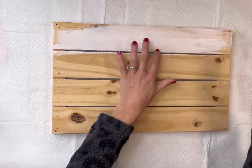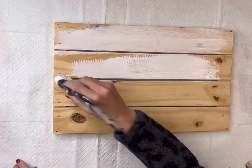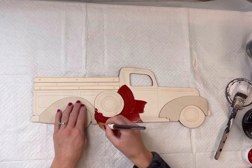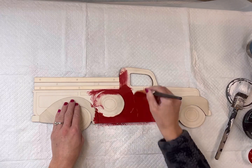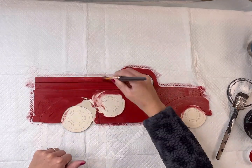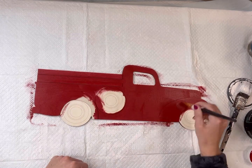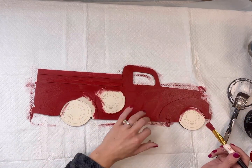I have this unfinished slatted wood board that I picked up from Hobby Lobby, and I'm going to paint the entire thing with some Wise Owl Snow Owl. I also grabbed this little farmhouse truck. It was $4.99 and it was in the unfinished wood section of Hobby Lobby, and I painted the entire thing,